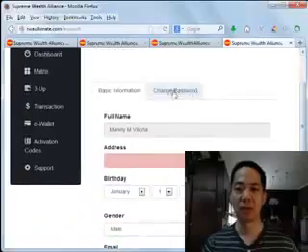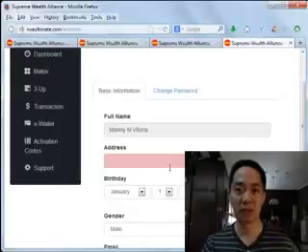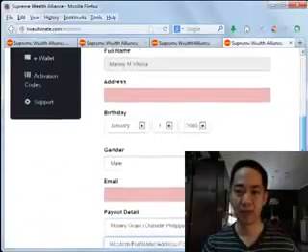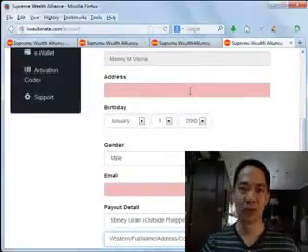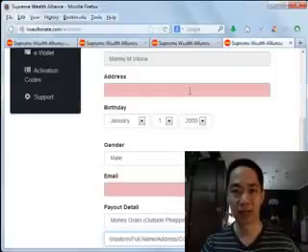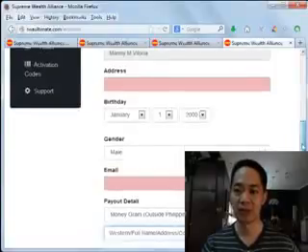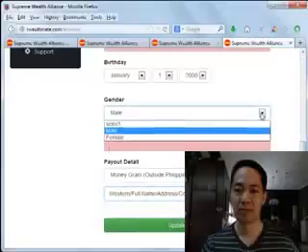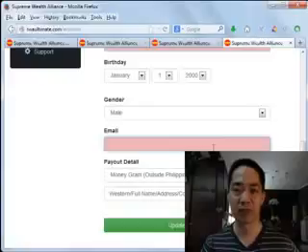From here, you can change your password if you wish, or add the other details of your account. You cannot change your full name, that's already set. So you can type in your address here, which will come in handy if you would like to receive your SWA payouts via LBC or couriers, or even Western Union. Okay, email, this is where you would like to receive the SWA notification of each time you get a direct referral.